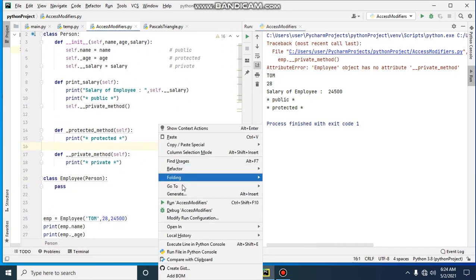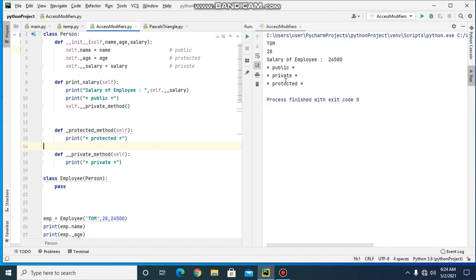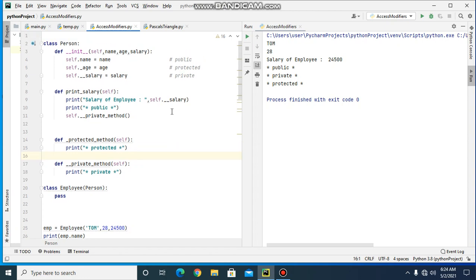We will run this. So now it has displayed private. So private members, data members and methods, cannot be accessed from outside the class. They can only be accessed from within the class.